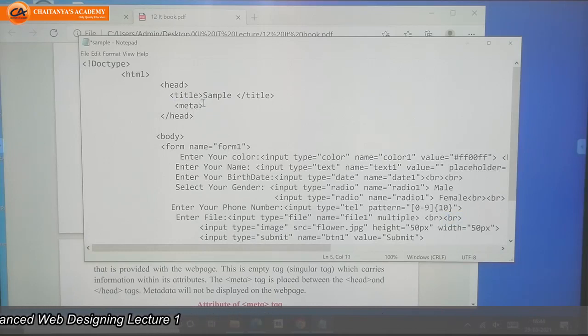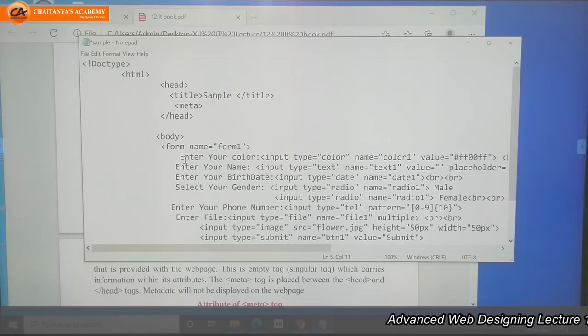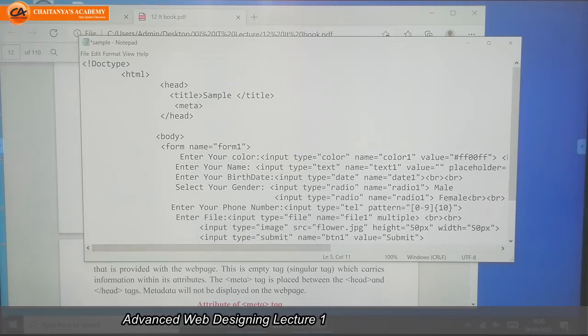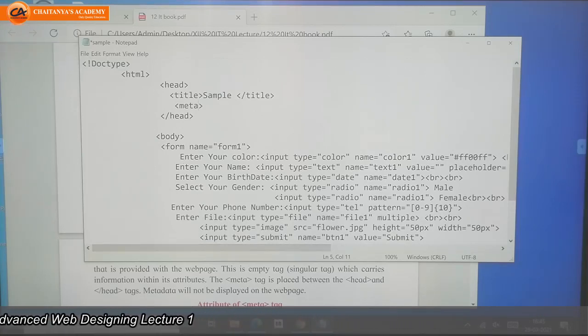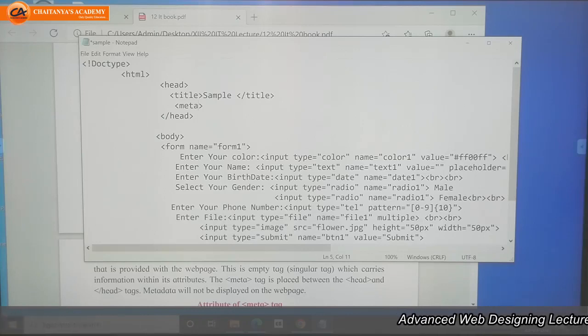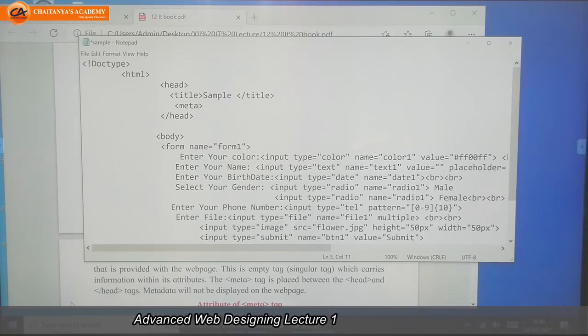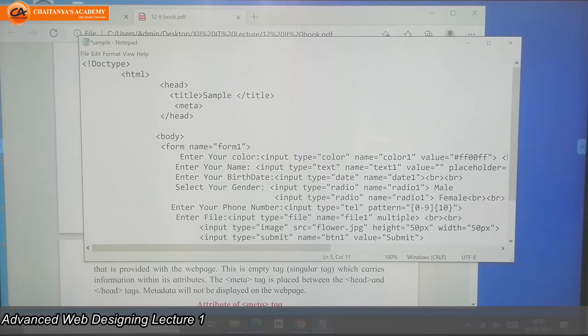Like that, this meta tag is an informative tag. Informative tag means what? It has only information. It provides the information about the web page. To whom? It provides information about the web page to search engines. Which information? The name of the web page.